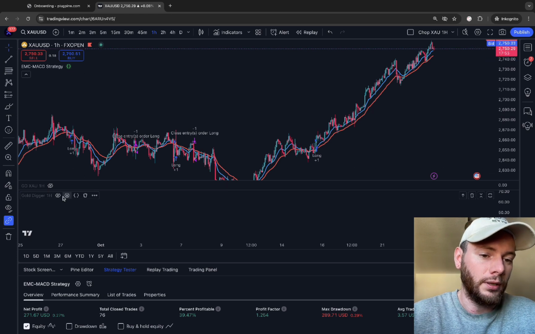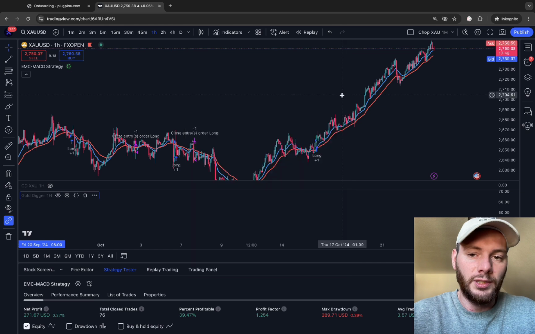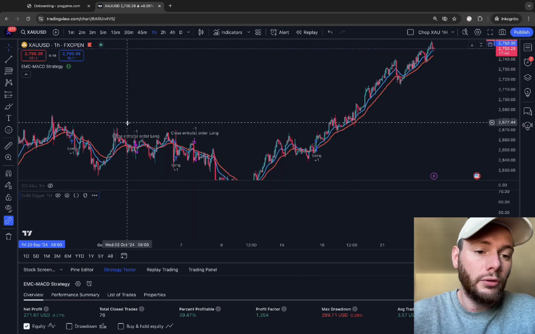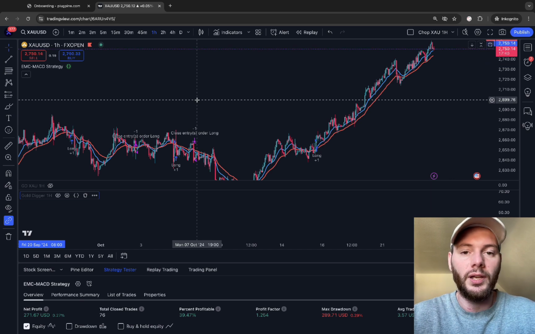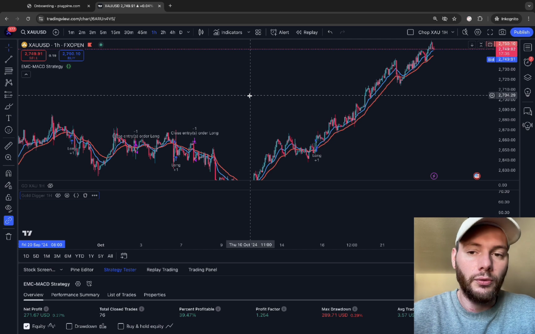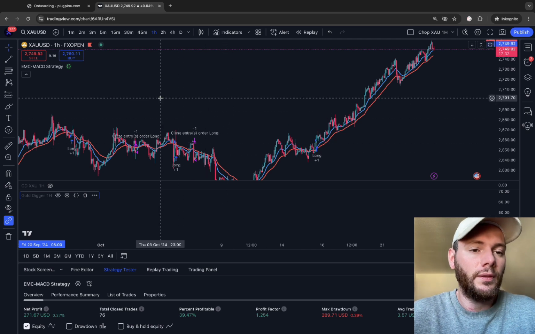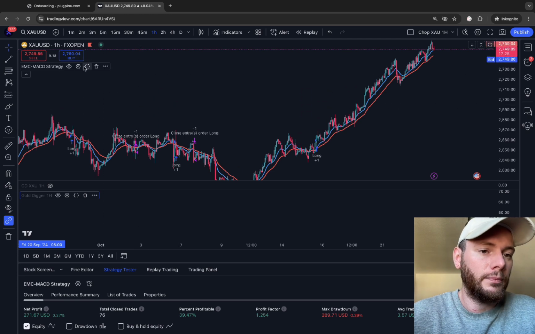In those, you can just enter your details, create an alert, and then it's automated. If you don't have that and you want to automate your own strategy, I'm going to show you this step by step right now. First of all, choose any strategy that you want and add it to your chart. For example, like this. And then we need to click on this